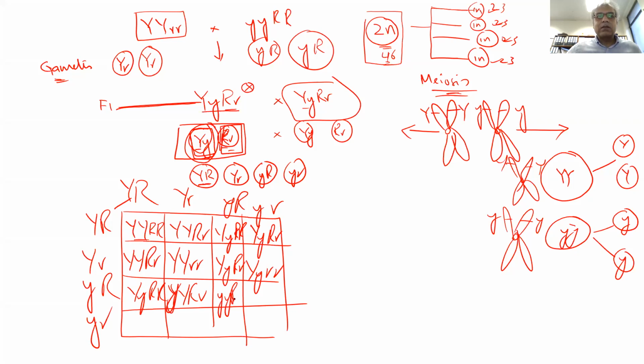Green round. Green round. Green round. Yellow round. Yellow round again. Yellow wrinkled. Yellow wrinkled. Green wrinkled. Green round. Green wrinkled. Green round. So you remember we got